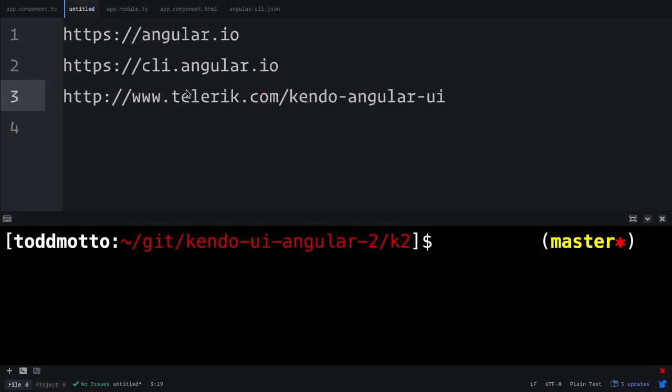So first off, these are the three URLs that we're going to be using. So obviously Angular 2 has moved across to angular.io. So you can go ahead and grab the link there. We're also going to be using the Angular CLI. So if you're quite new to Angular 2, then this might be really handy to get started with in setting up an Angular 2 project. It creates things such as modules for you. When you create a new component, it will actually put it into the module for you to make things much easier. Thirdly, we've got